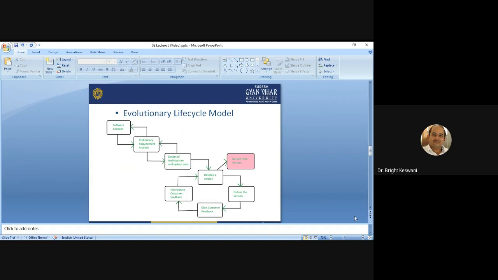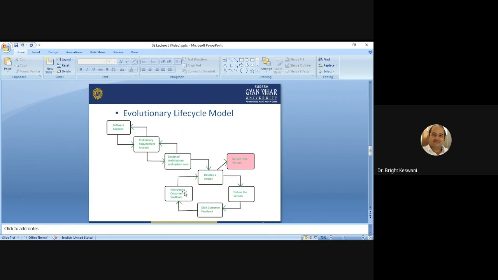When all initial requirements are developed, then develop a version of the system, then deliver the version, then elicit the customer feedback, then incorporate the customer feedback in the existing system provided by you, then develop a new version and deliver the final product.